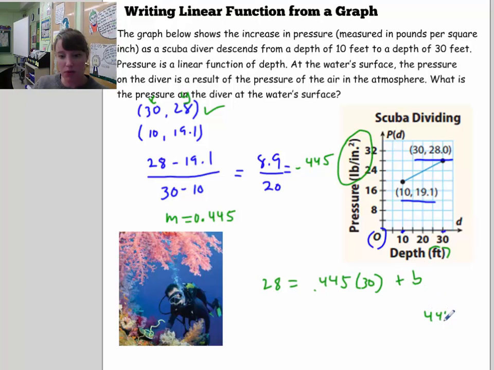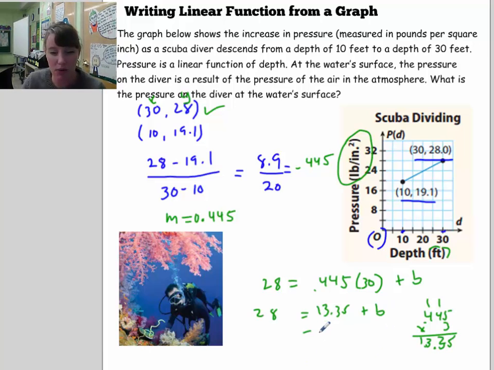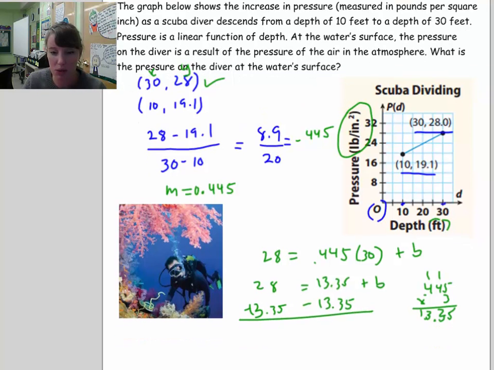So let's see, 445 times 3. Well, that would be 13, carry the 1, 12, 13. And I move 3 decimal places over, 1, 2, 3. Except I multiplied by 30, so I actually am going to go 1 over this way. So it's going to be 13.35 plus b. So 13.35 is equal to 28, and I solve this by subtracting. So b is equal to